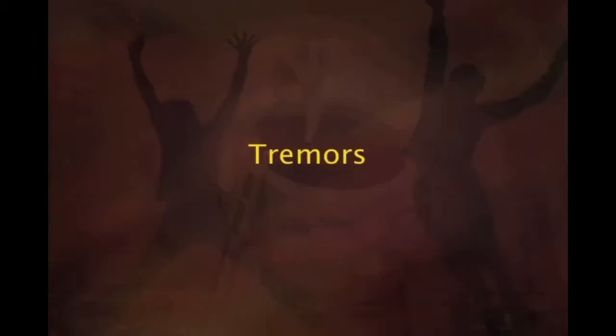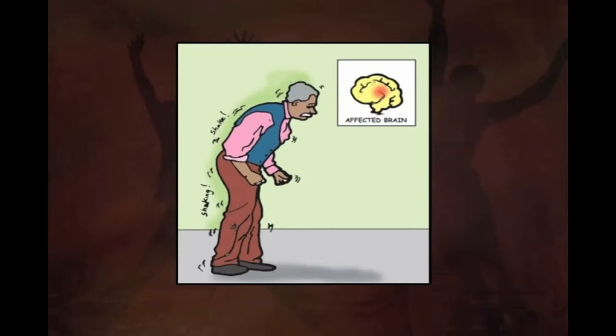The first of the motor symptoms that we should discuss is tremors. There is a trembling in fingers, hands, arms, feet, legs, jaw or head. And tremors most often occur while the individual is resting, but not while involved in a task. Tremors may worsen when an individual is excited, tired or stressed.